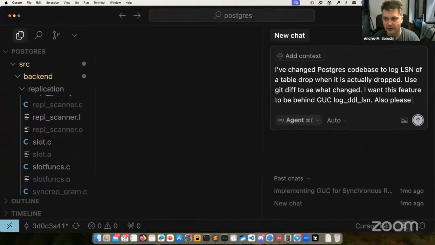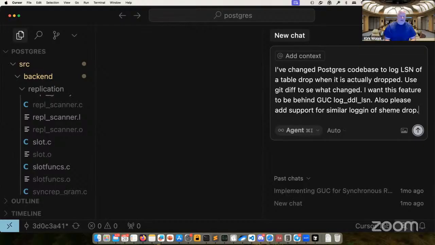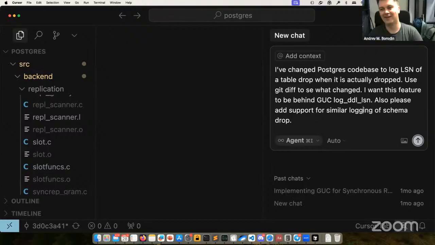Also, please add support for similar drop schema. Change it to schema instead of scheme. And logging instead of login. Put your G back. Good.